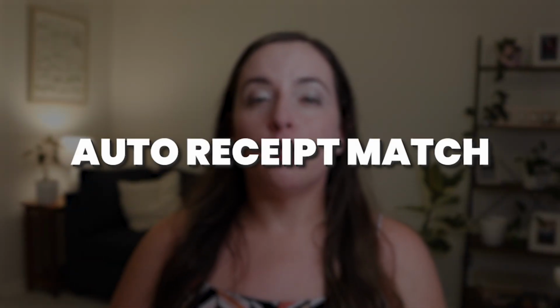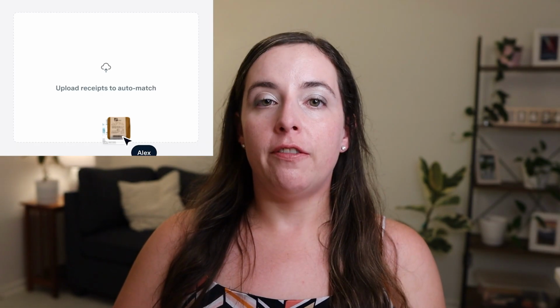Next up is the auto receipt match, and this is where you upload a photo of the receipt and Baselane automatically matches it to the right transaction, which makes it super simple. With this, there's no more mystery charges or piles of receipts. At tax time, I am the worst at keeping receipts, so this one is honestly the one I'm most